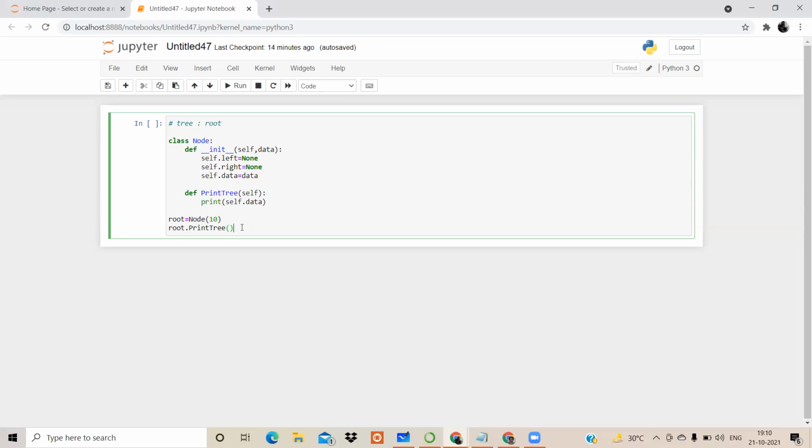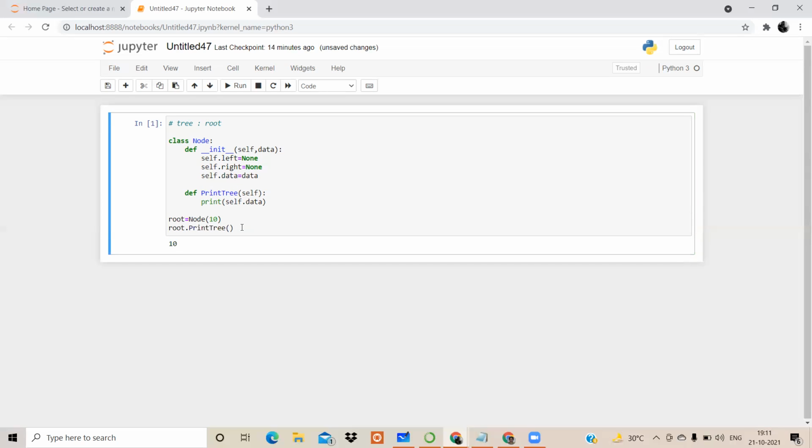So when we run the statement, we are expected to get the result that we have given for the root node, that is equal to 10. Nothing is there to write towards its left or towards its right. That's why the answer is just this one, short and simple. So this is the procedure to create the class for generating the node, and this is basically how we can print the node values. I hope this small part is clear.